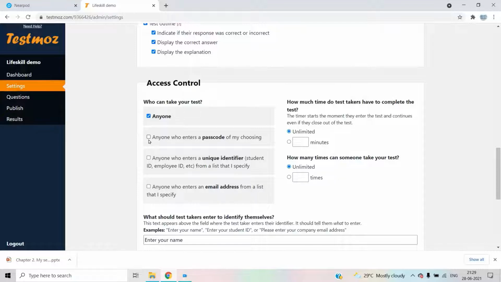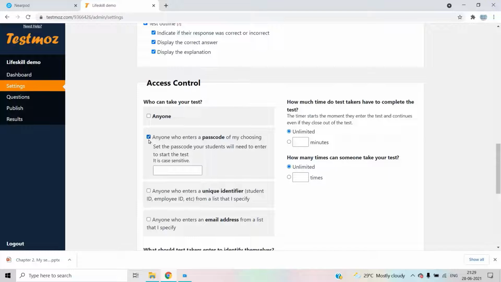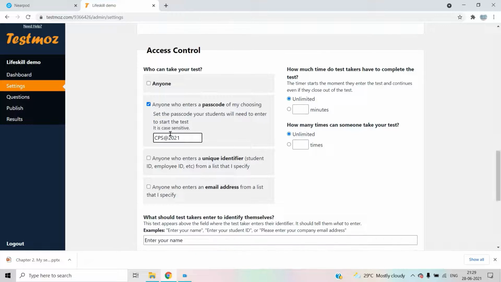We can select anyone who enters a passcode of my choice. You have to select a password here. So I'm selecting this password. So whenever you are selecting a password, you have to remind this passcode.